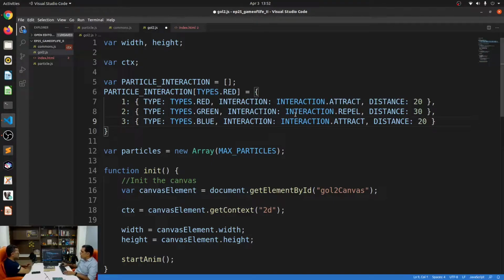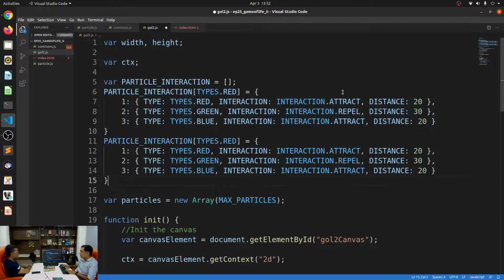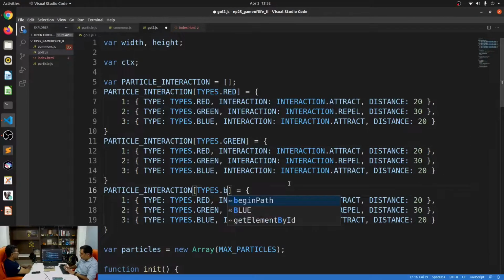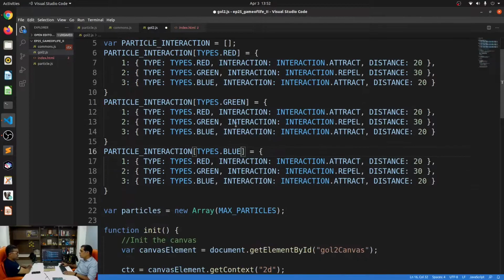All right, so I have just defined what red interacts with. I'll do the same thing for green and for blue as well. So we are basically defining all the interaction types. Green interacts with red by attracting it at a distance of 20. Green will repel green at a distance of 20, and it will attract blue at a distance of 30.